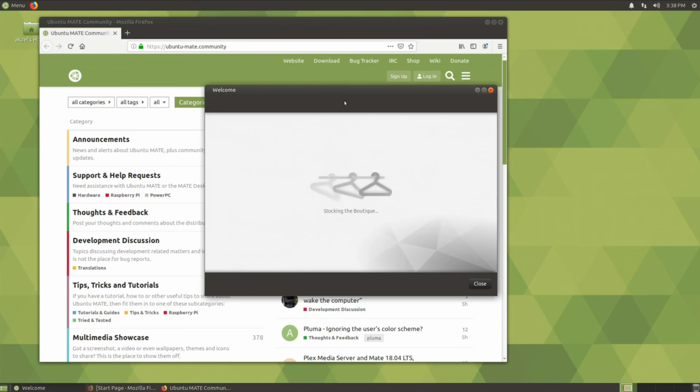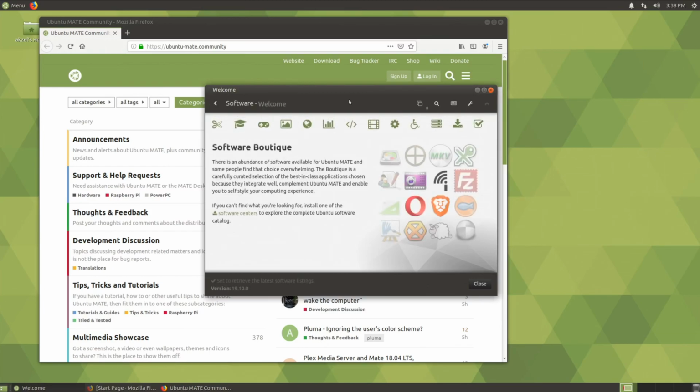And then I'll go over this a little bit more in a moment, but the Software Boutique is also a very nice thing that Ubuntu Mate does. In a sense, it's similar to the elementary App Center in that it's a curated selection of apps. The difference being, these aren't necessarily designed and developed for Ubuntu Mate, but it's a curated selection of the best apps from these various categories that are within the Ubuntu repos,